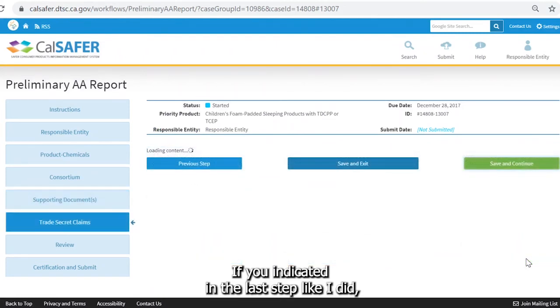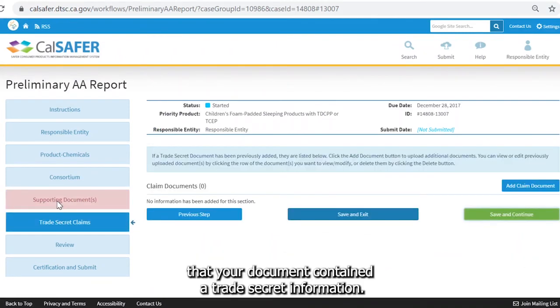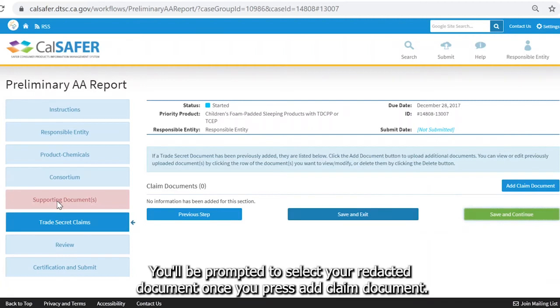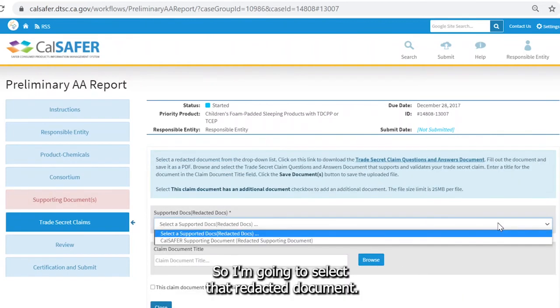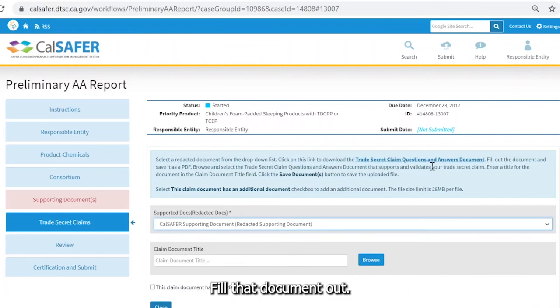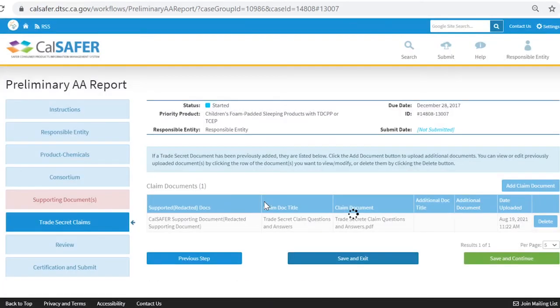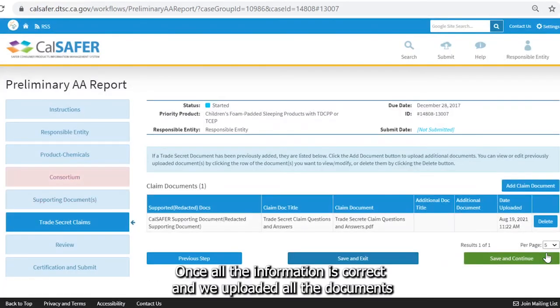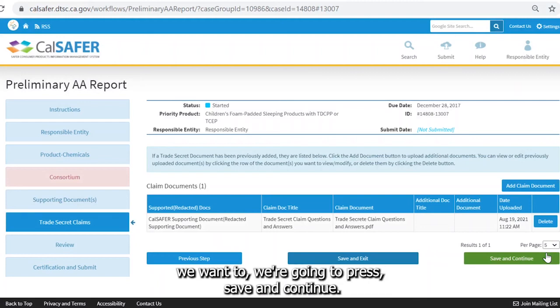If you indicated in the last step, like I did, that your document contained trade secret information, you'll be prompted to select your redacted document once you press Add Claim Document. So I'm going to select that redacted document. Next, you must download the trade secret claim questions and answers. Fill that document out, save it as a PDF, and upload it right here. Then we're going to press Save Documents. And once all the information is correct and we've uploaded all the documents we want to, we're going to press